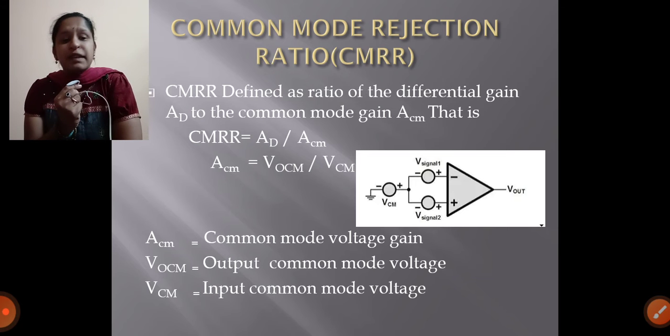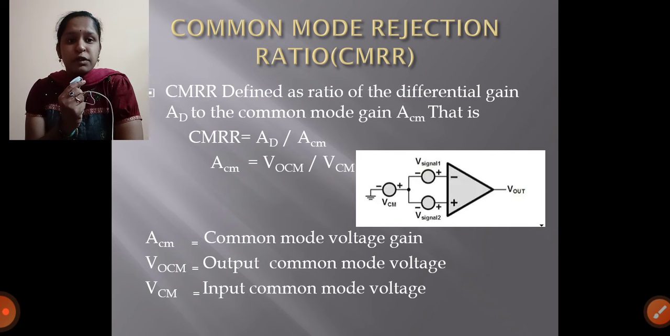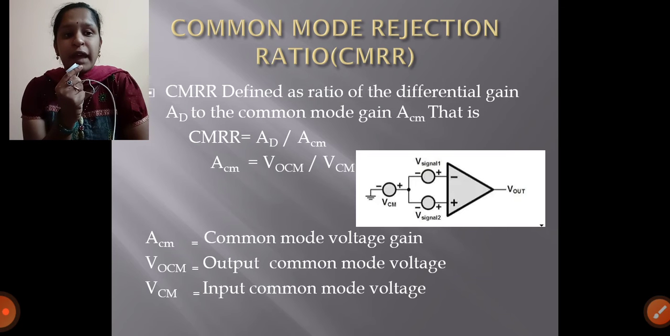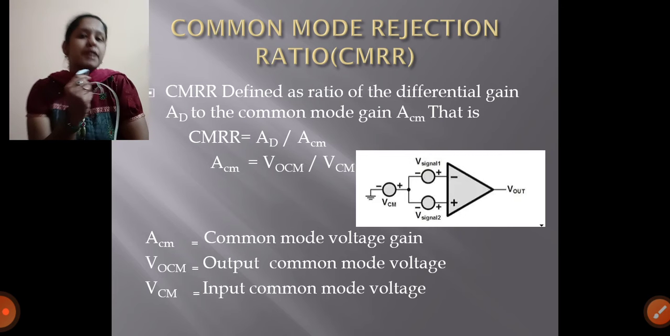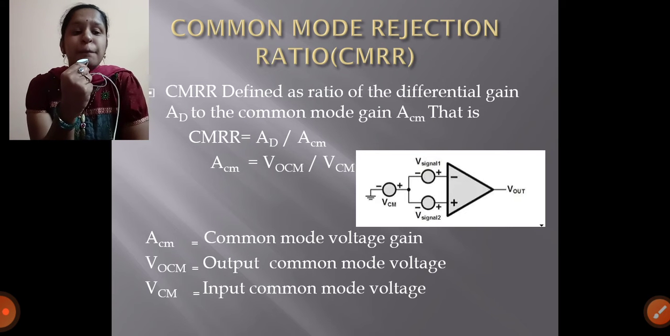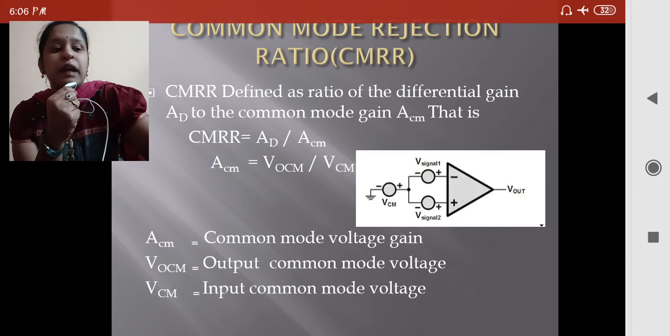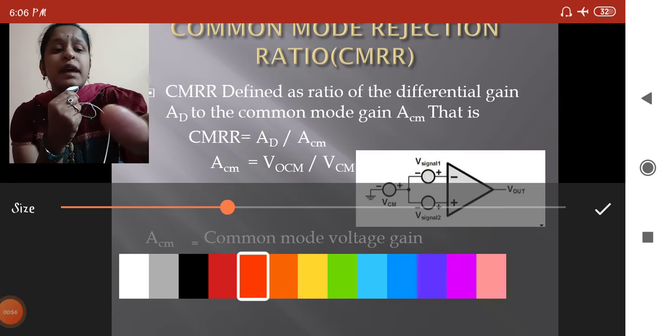In yesterday's class, I explained the CMRR, common mode rejection ratio. This is the ratio of the differential gain AD to the common mode gain ACM. That is, CMRR equals AD divided by ACM. I have explained this one, but in decibels, the format is CMRR equals,